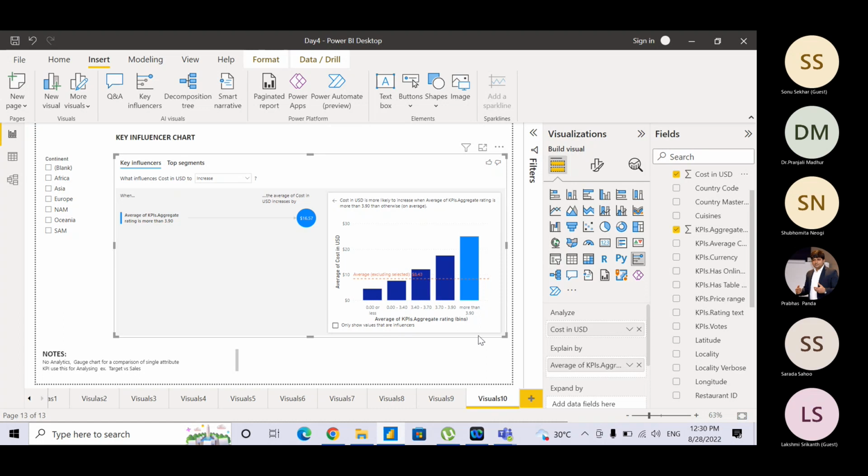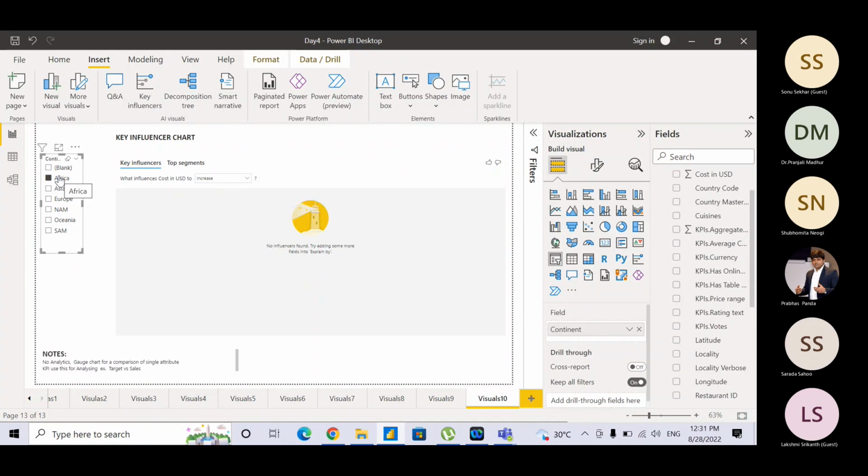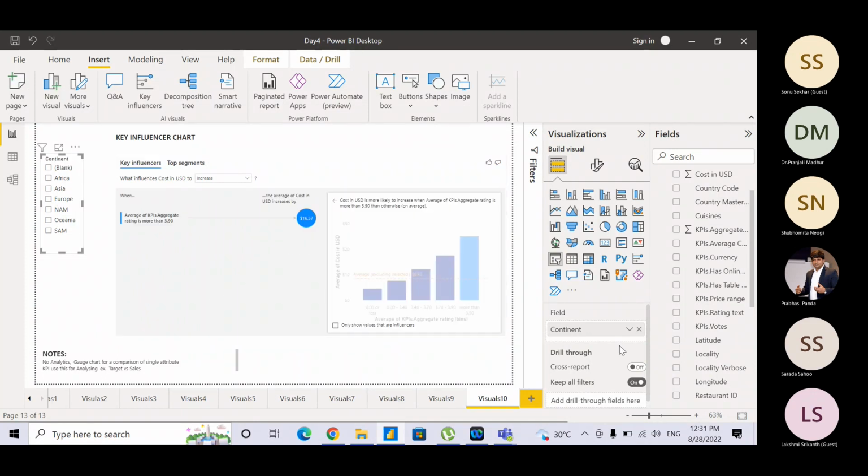As I told you, this influencer part is a bit tricky in nature. You need to have proper data, a very proper data. I can give you an example of what is shown in a different way, but not here. But just try to understand the concept of where it works. For example, when I click on Africa, it doesn't give me an analysis here. So let's say it is not giving me any analysis. Or if I want to bring more analysis here,